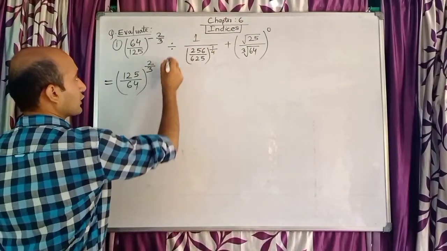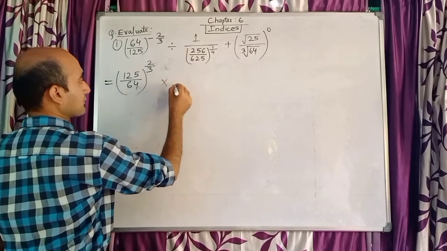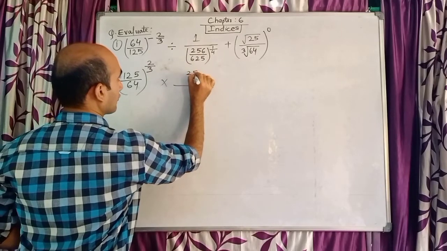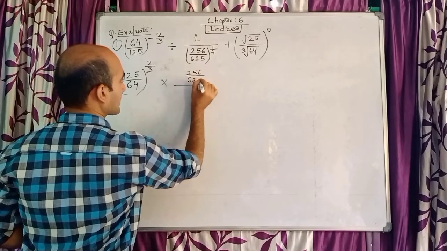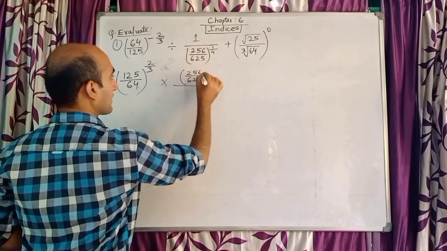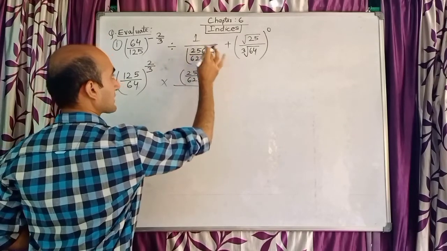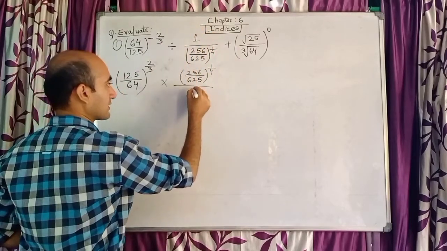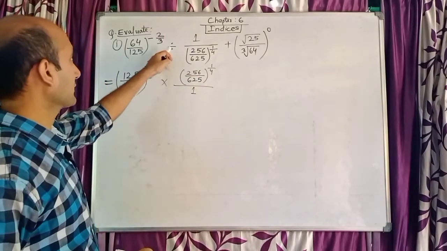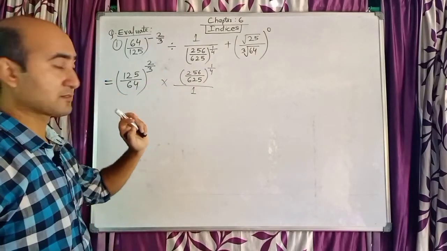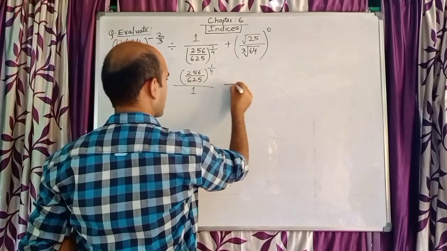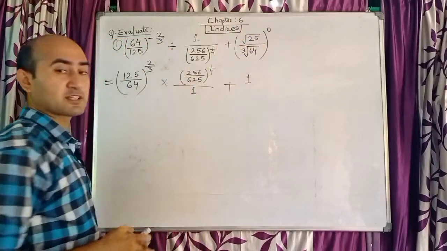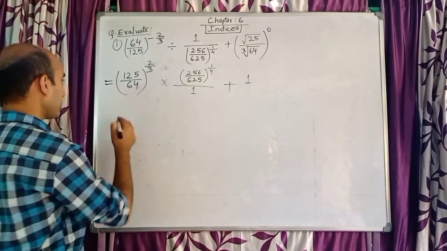And here what you do, you put this division as multiplication. So the denominator part will become numerator. The denominator part is 256 by 625. This is our denominator, this everything, to the power 1 by 4. So the same denominator I wrote at the top as numerator, and the numerator you make denominator. This all happened because this division has become multiplication. That is a rule that we have learned in the lower classes as well. And anything power 0 is so simple, 1. Nothing to think about the inside number, it's just 1. Now,